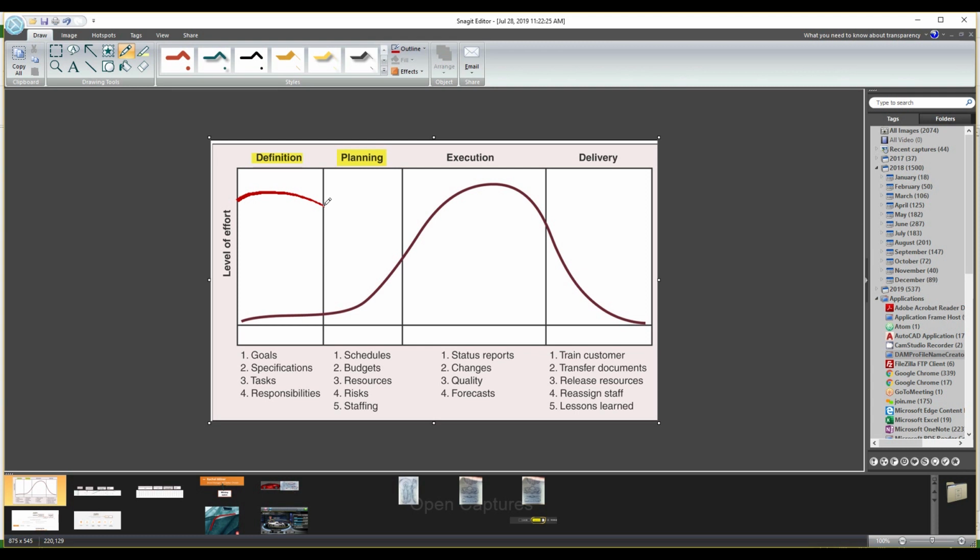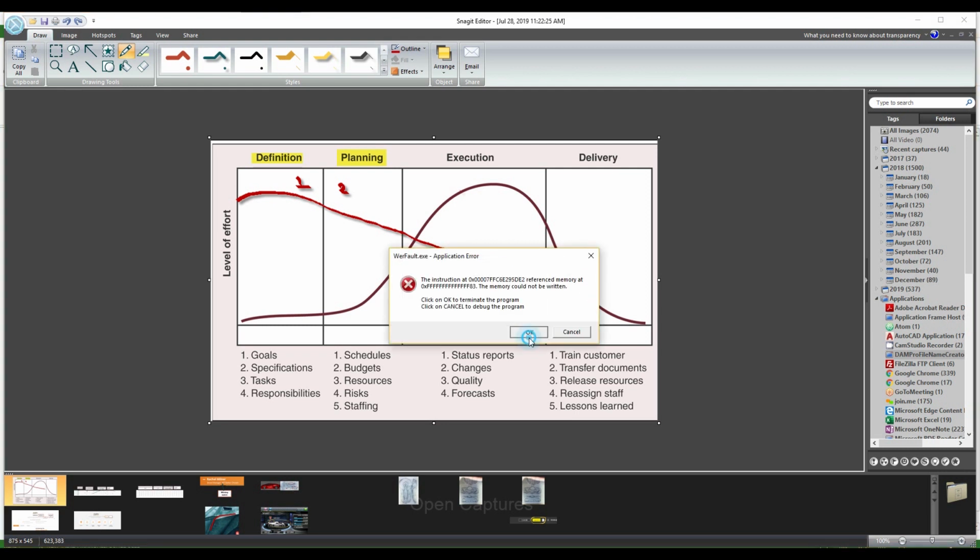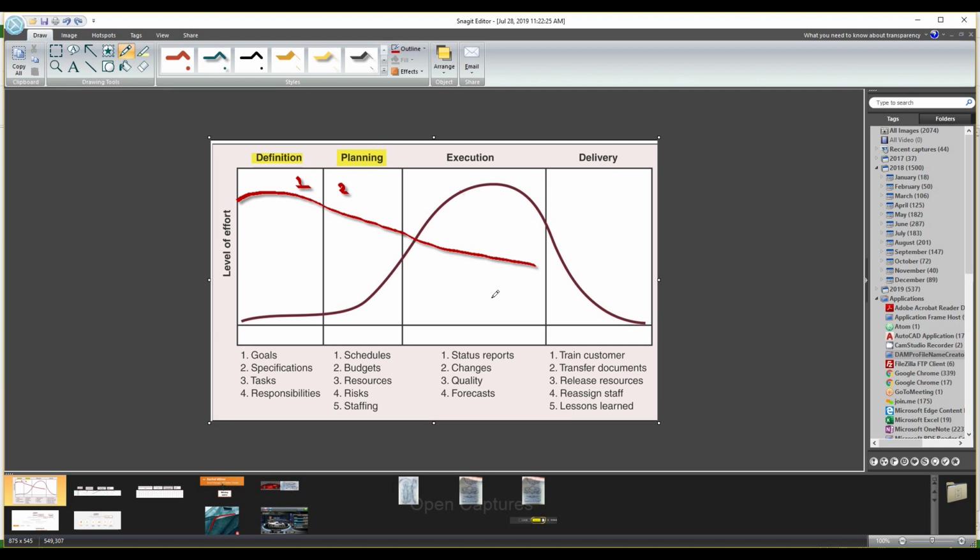Then planning is where you still do lots of work. By the time you finish planning and move on to execution, if you as a project manager have done the first two phases efficiently, in the third phase you don't really have to work as hard as these guys. You have to work much less than the others because they're doing the heavy lifting. If it's a civil engineering project, they're doing the construction. If it's software, they're building the code. You are basically managing it to make sure that they deliver it on time and at the quality that is